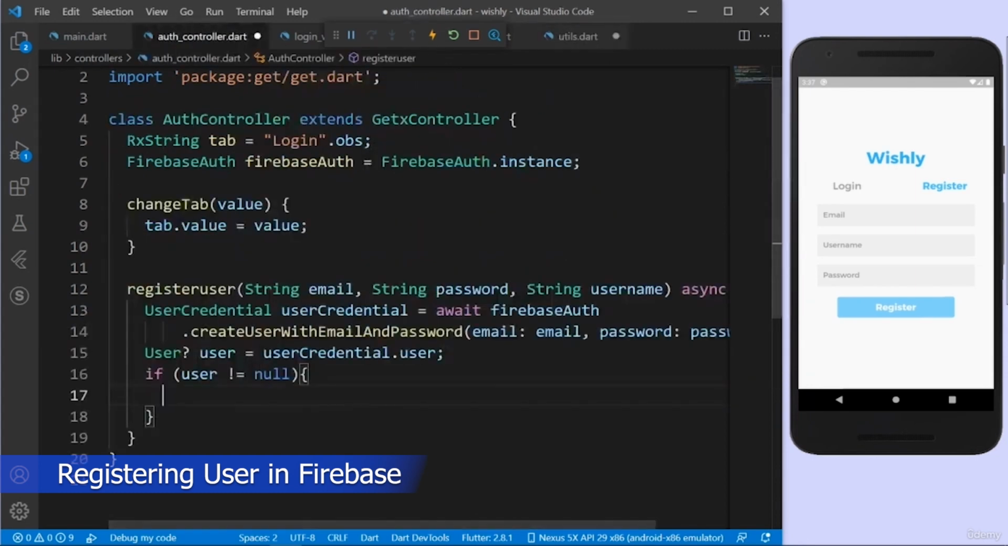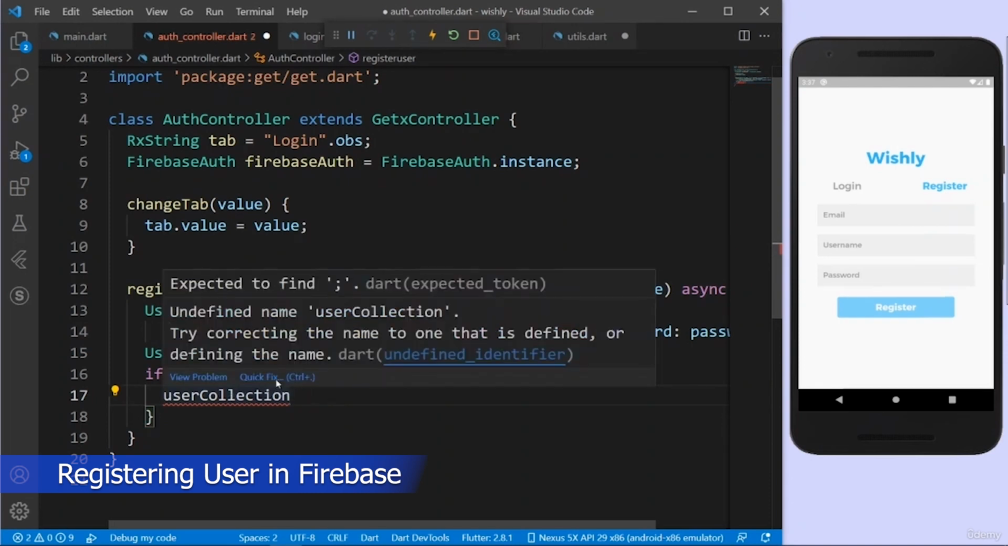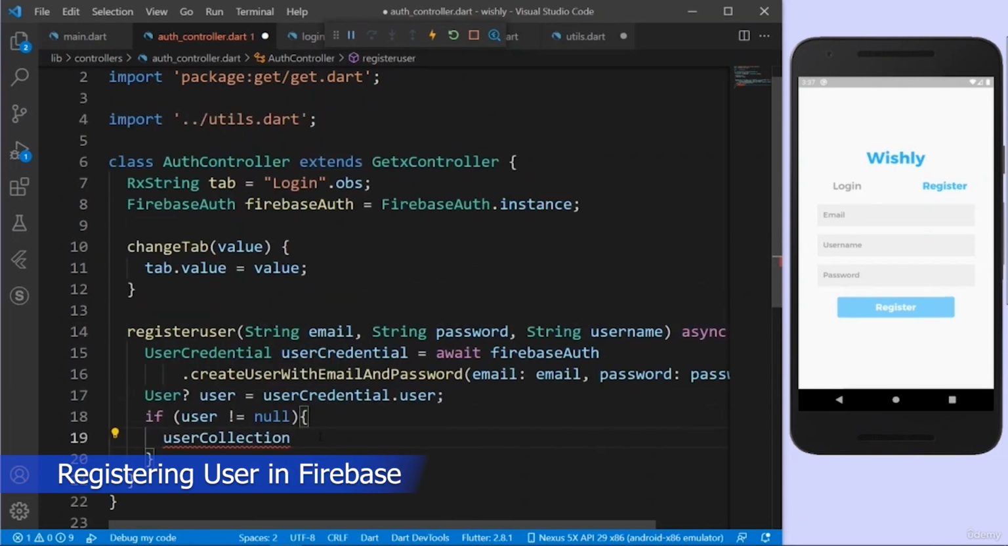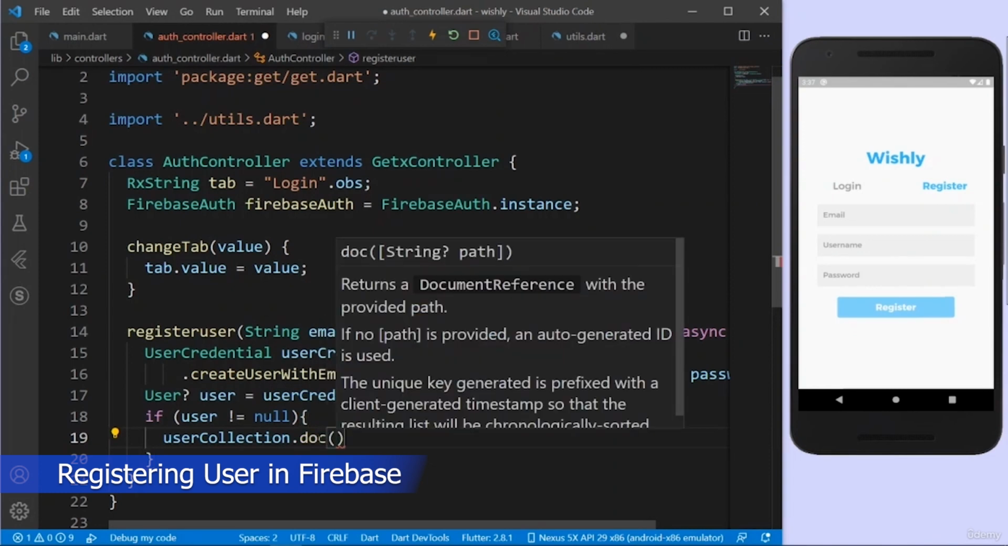Let me go to auth controller again, and in the auth controller, what I can do is say if user is not null, user collection dot doc. So I have to create a new document. Let me just import this dot doc. So I have to create a document, right? So what is the document ID? I have to create some ID for this document, so I have to give a name for this, and the name I can just take